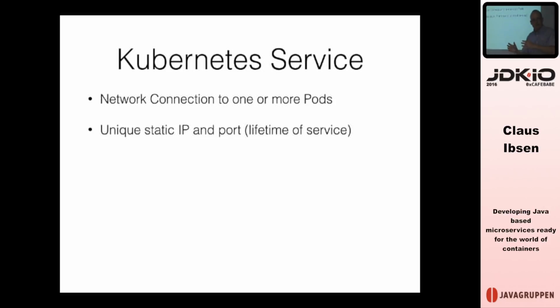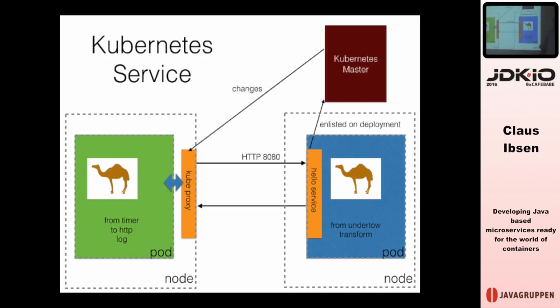So again, a Kubernetes service is what we use as a network abstraction to call a service running on a port somewhere that is dynamic, but the service IP and port number are fixed. That is a good thing. And pay attention, this is sort of what happens under the hood when you deploy something in Kubernetes with a service. So we deploy this one in Kubernetes with the service, then that service is registered inside the Kubernetes master registry, and those service changes are propagated out to all existing running nodes, which have a little kube proxy running. And this kube proxy therefore is aware of all the servers and which nodes they're running on.